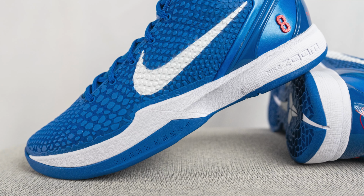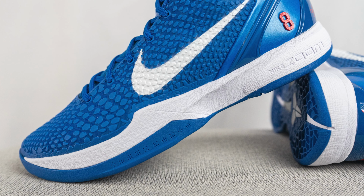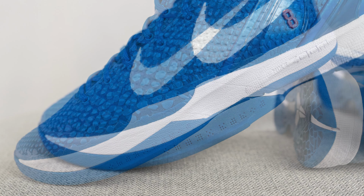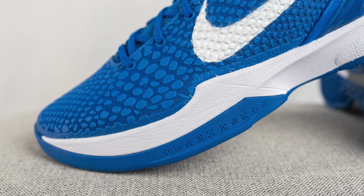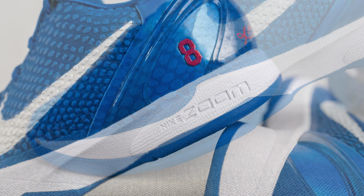So the upper of this Kobe 6 Protro sits atop a full-length Cushlon foam midsole, which is painted entirely in white. While there is no Nike Air Zoom unit in the heel, we have a very large Zoom Turbo unit, which sits underneath the forefoot, which is unlike the OGs which had Zoom Air both underneath the forefoot as well